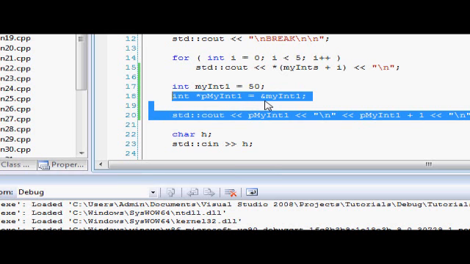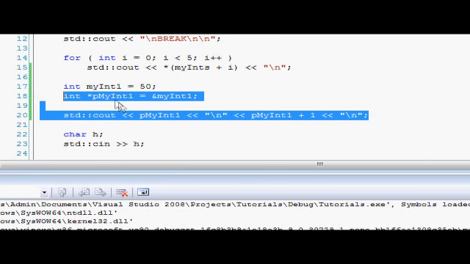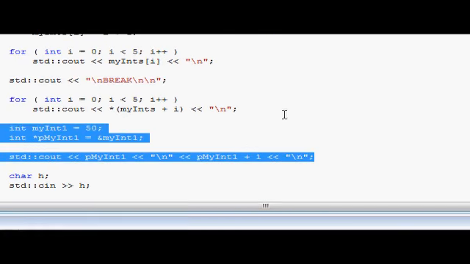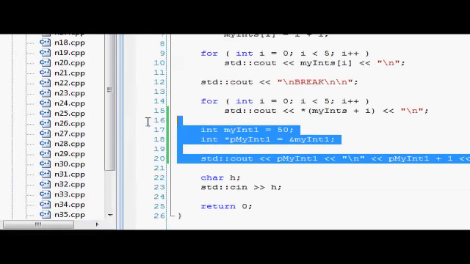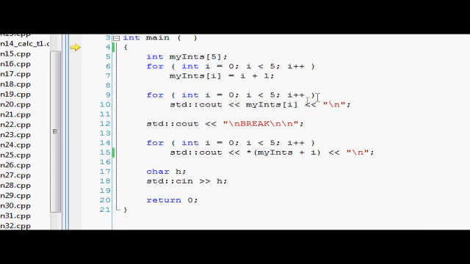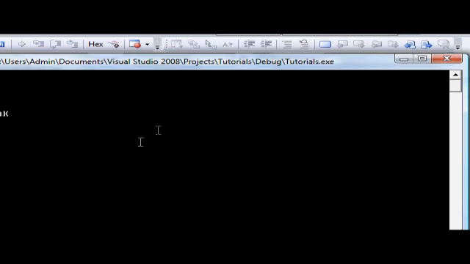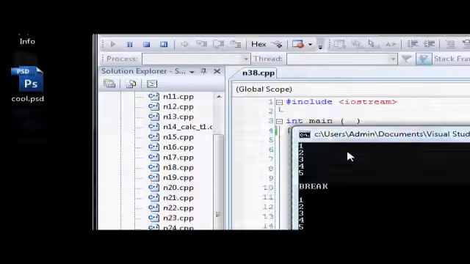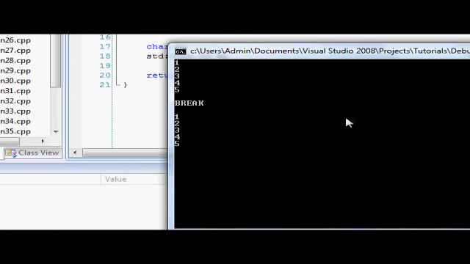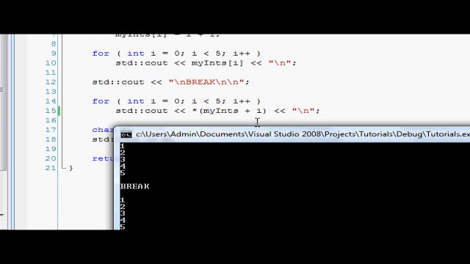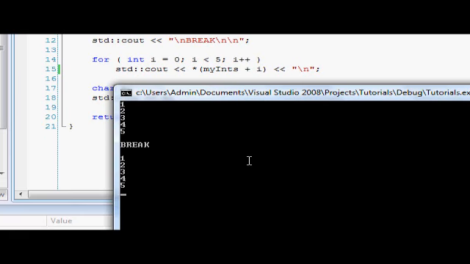So what I was gonna say is kind of pointless now, so don't worry about it. But yeah, oops. Let's get rid of this quickly. But the ultimate thing is, if we run this, you can see here we've created it, and then we output it in 2 different ways, and the output is exactly the same no matter how we do it. So that's just showing you that array names are pointers to the first element in an array,